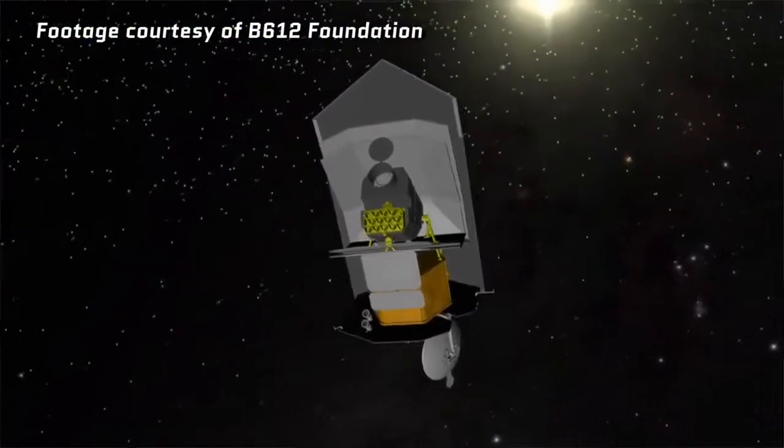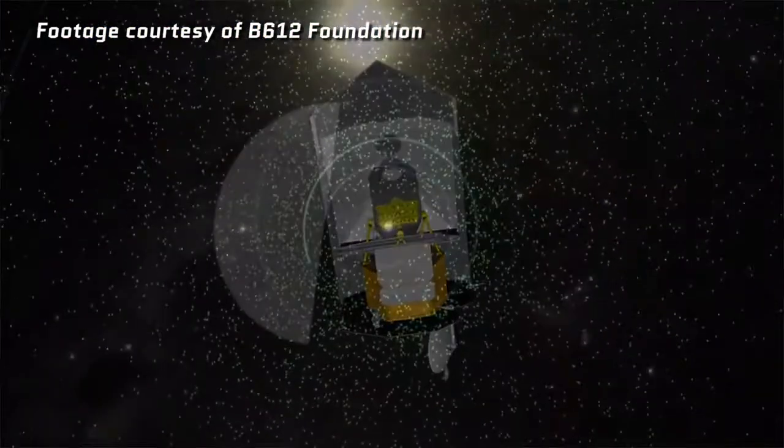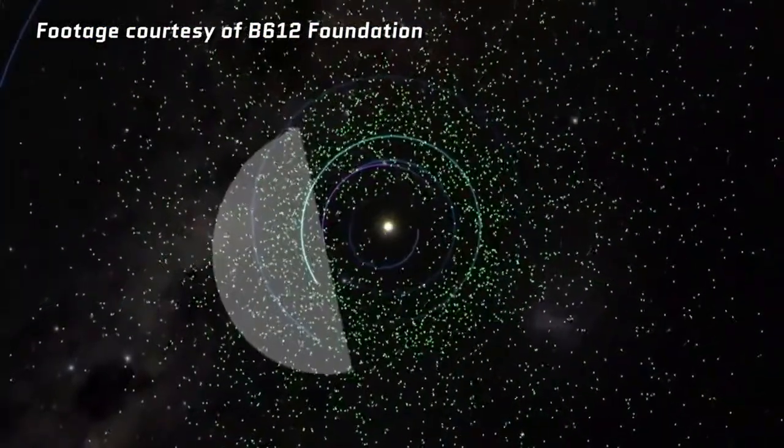There's a nonprofit called the B612 Foundation that has the Sentinel Project. This involves launching an infrared telescope that will orbit the sun inside of the Earth's orbit and look out for these near-Earth objects. This, paired with a land-based telescope in Chile called the Large Synoptic Survey Telescope, will be able